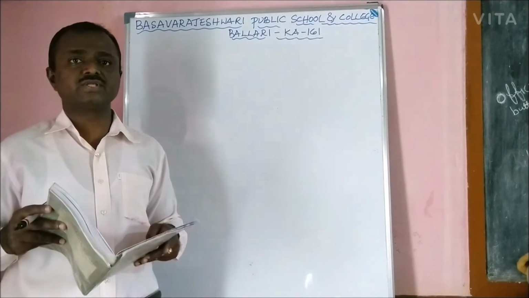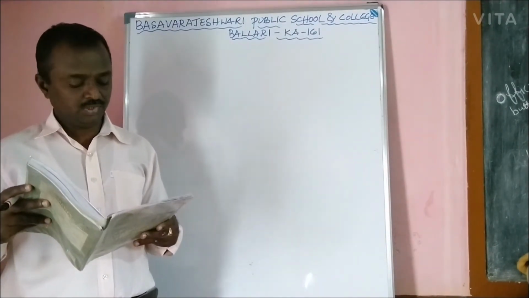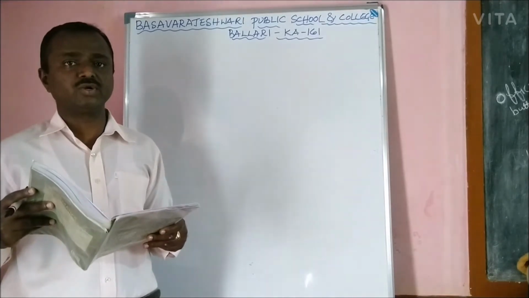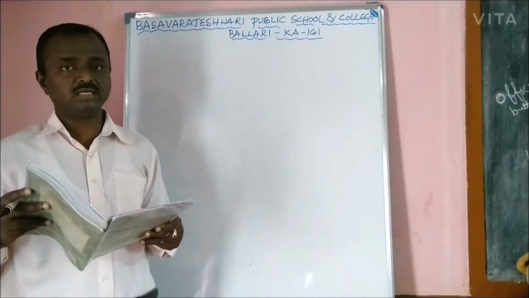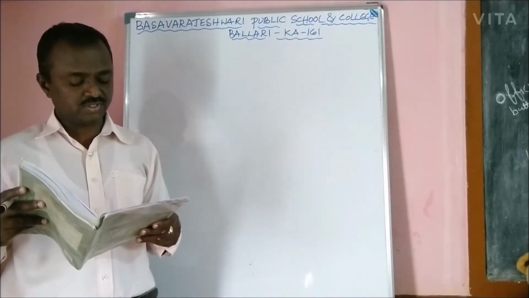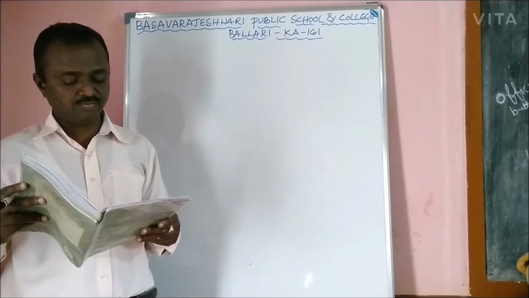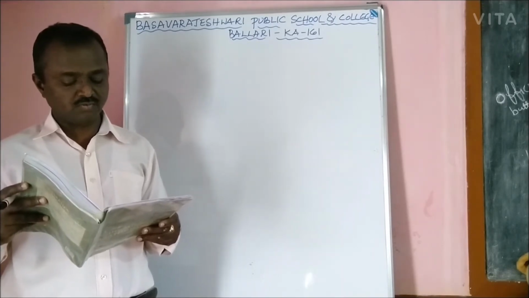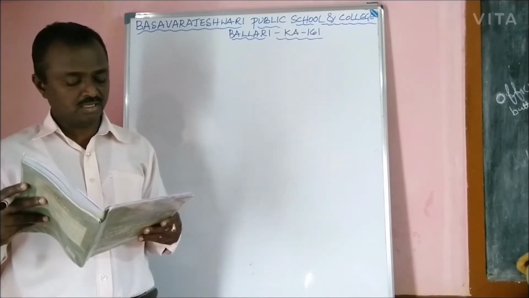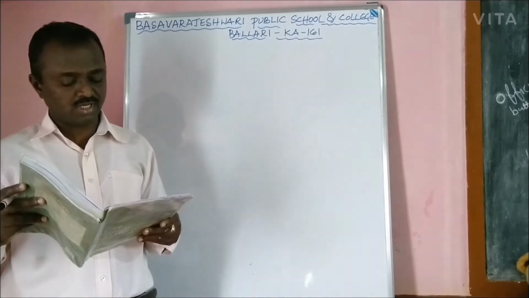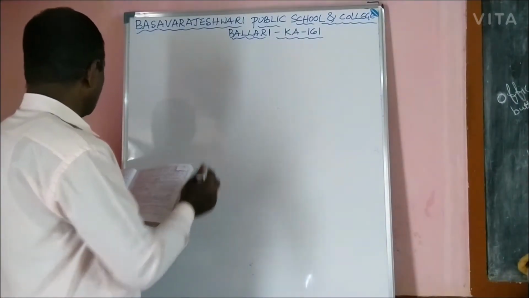Dear children, once again we will start Exercise 1, GST. In the previous class I completed 2 sums. Today I am going to start the third question. What does the third question say? A microwave oven having a marked price of 22,000 was sold by a dealer in Patna, Bihar to a consumer in Gaya, Bihar. Now we will write who sold to whom.